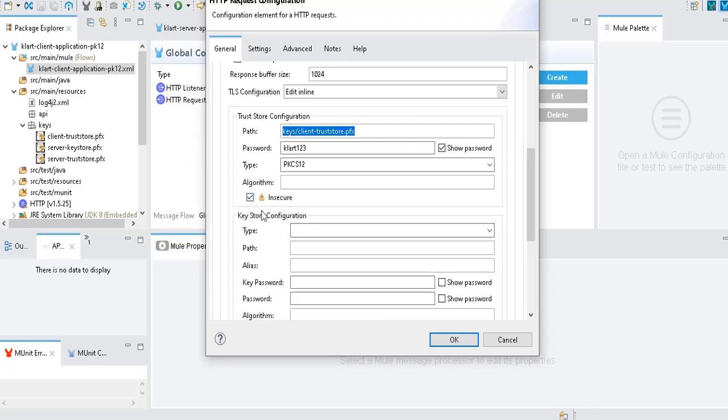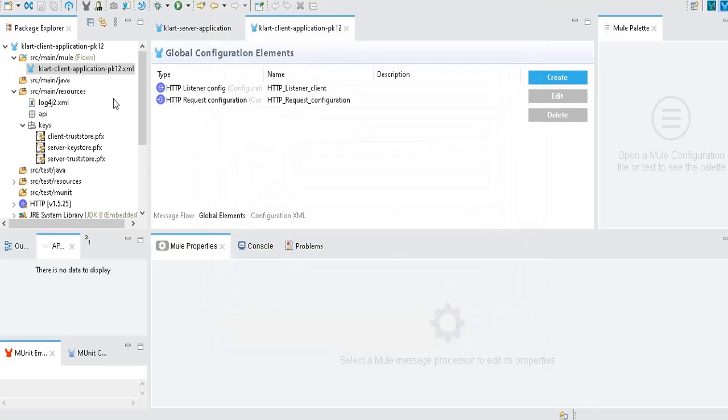But in real-time projects we need not check this, because the certificate is not the one we created on our own. So you need to select this one for our self-practice purpose, but in real-time projects you don't need to select that one. Okay, cancel it.